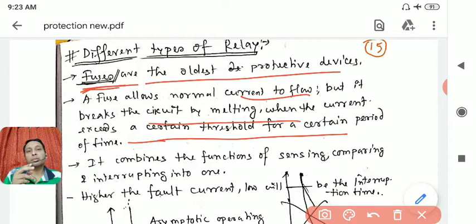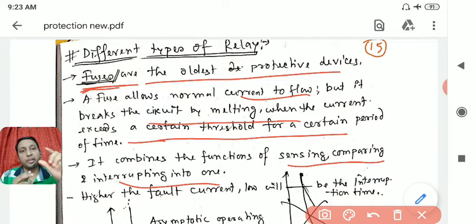Suppose it is a 5 ampere fuse. If you are giving more than 5 ampere current, the fuse will melt and it will break the circuit. Here you can see all these portions, sensing, comparing and interrupting, all in a single fuse itself. The fuse itself is sensing how much current is going through it. The fuse itself is comparing with its value: I am for 5 ampere but it is 6, and then it interrupts on its own, so I should melt. First it senses, I am passing 6 ampere, then it compares, oh, I was made for 5. Now 6 ampere is going through it, so I should interrupt, so it melts. So everything is given in that simple fuse, all these operations.